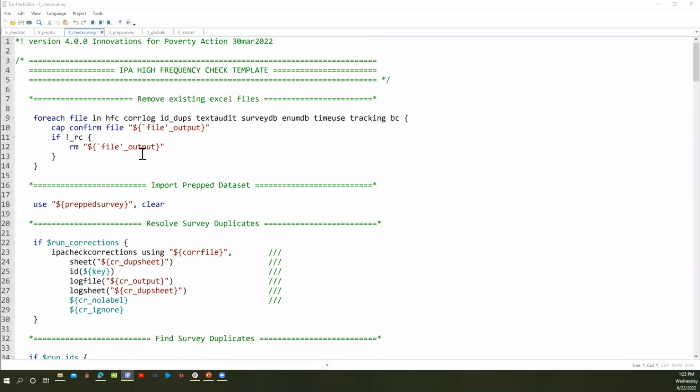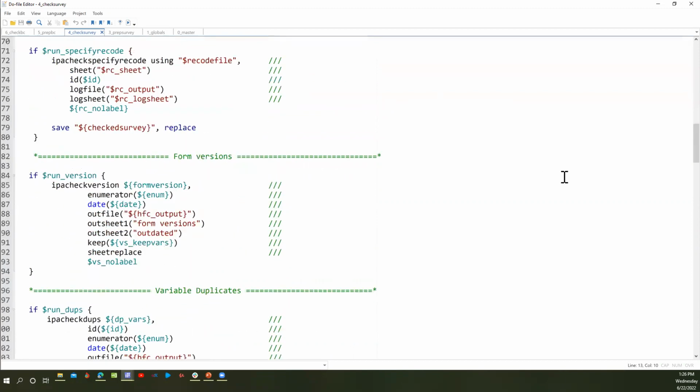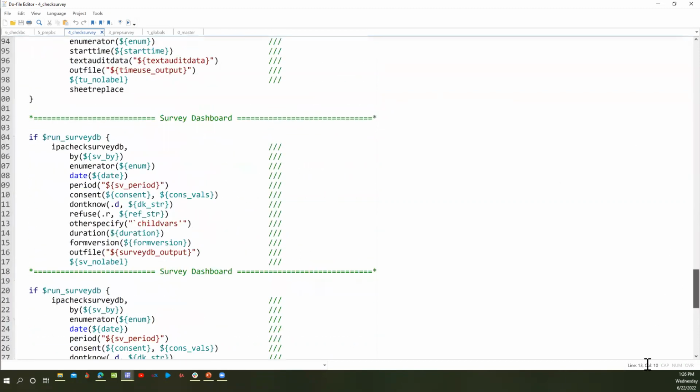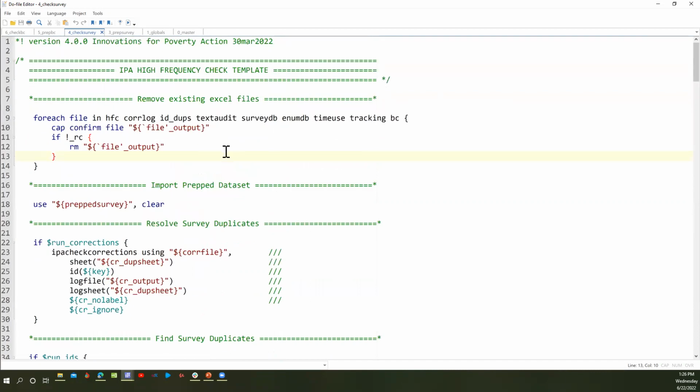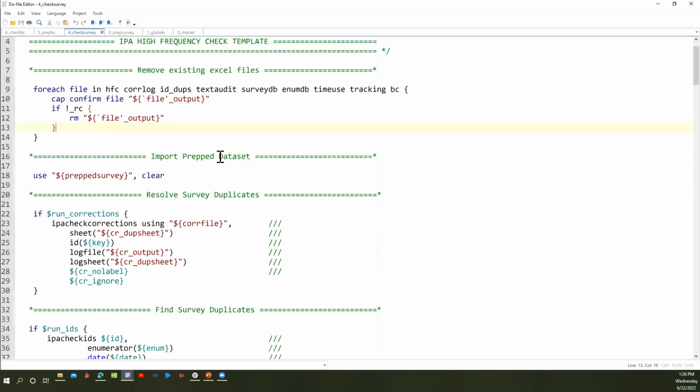Okay, so this is the check do file. You would recognize it used to be called the master check, and this is now the check do file, and it's basically doing the same thing that the master check does. Now, 90% of the time, you would never need to touch this. Once you do all your setup in the inputs and the globals, you probably won't need to touch this. It is written in a way that it's not really friendly for people to edit, but if you know what you're doing, you can edit it.